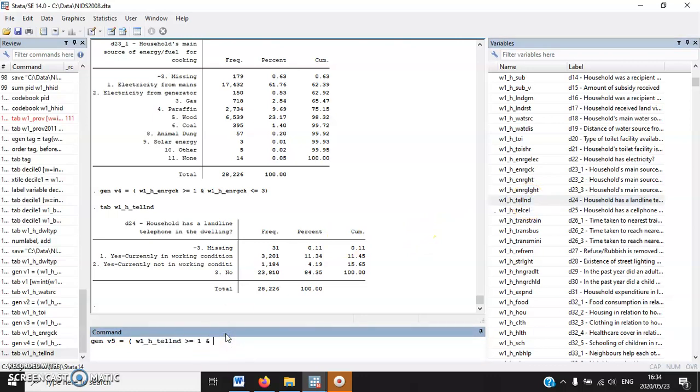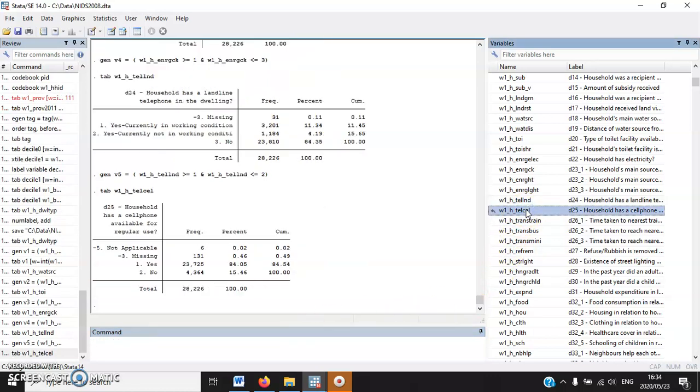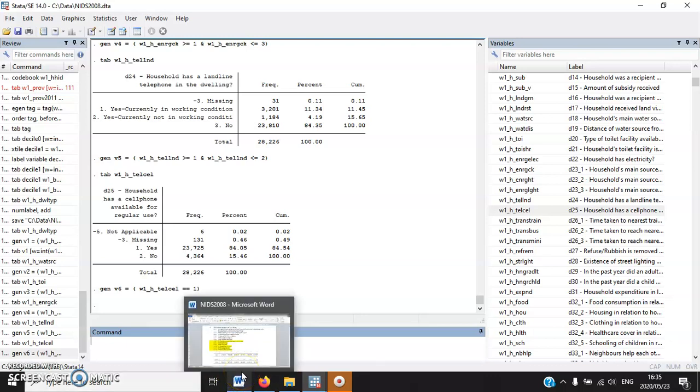V5, with my landline telephone variable, gives an answer of either 1 or 2. I am being too lenient. Why would I count a landline telephone that is not in working condition? And then the cellular phone. The answer must be 1 before my V6 dummy is equal to 1. Happy with that? Halfway through. We still haven't derived the proportion of population